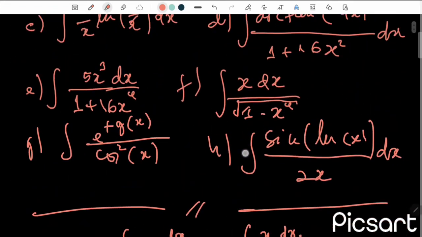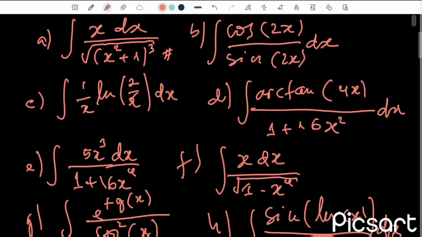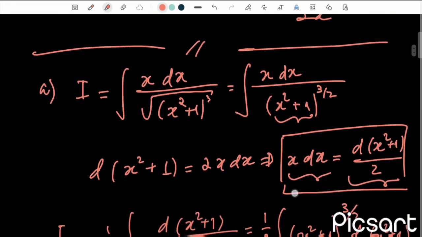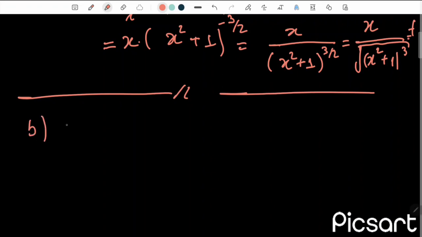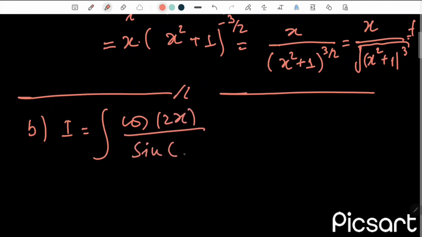We will continue solving exercise B. Exercise B is I equal to the integral of cos of 2x over sine of 2x dx. To solve this exercise,